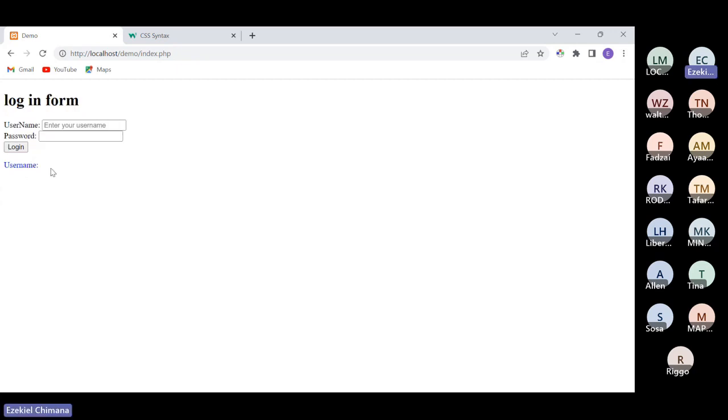JavaScript is for the interactive part. Maybe you want some animations. Maybe you want some events if someone clicks this. Maybe you want to validate, like when I'm putting a username and password, I want to validate if you have actually entered something here. You use JavaScript just like that. Each and every language here has got something to do. So what you want to do now,